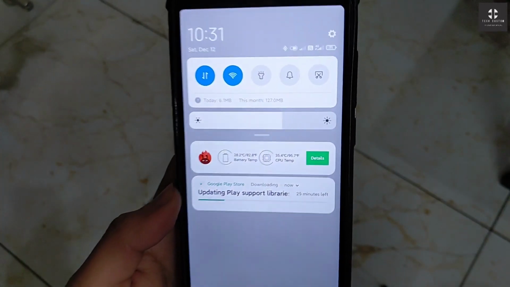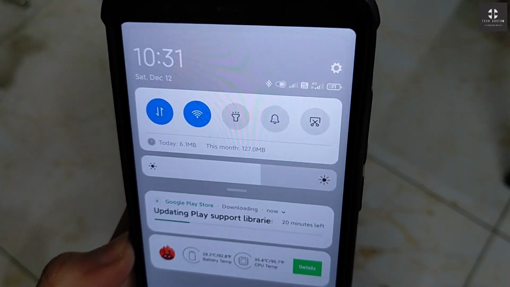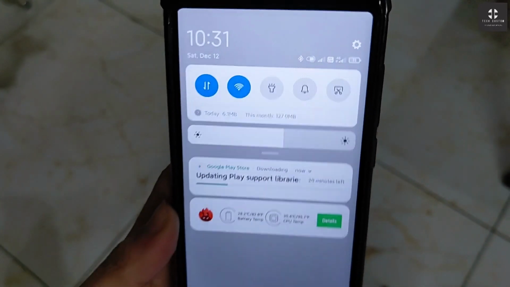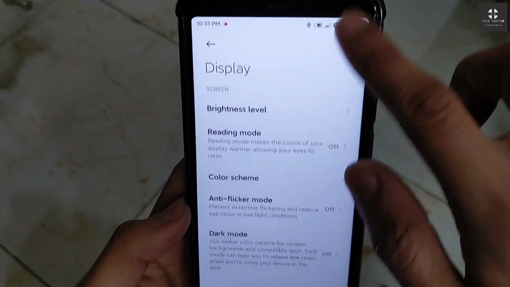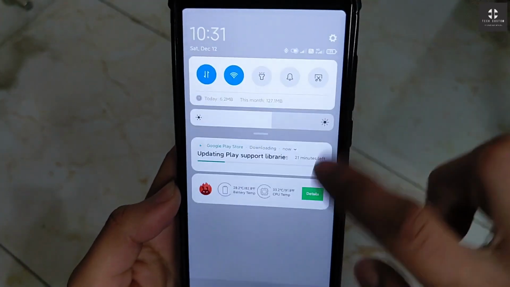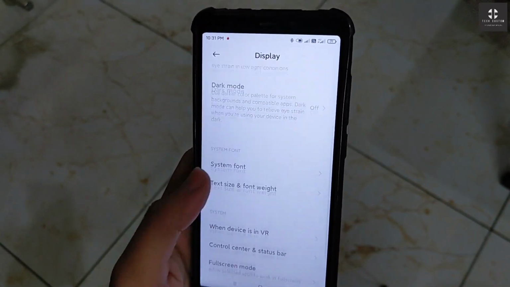I have installed a few applications in my ROM. Here you can see VoLTE is working perfectly. Dual SIM is working perfectly, no problem in the VoLTE or Dual SIM. You can easily use the Jio. VoLTE works perfectly. I have inserted the Jio in the SIM slot too. It works perfectly. VoLTE is also working perfectly in both SIM slots.